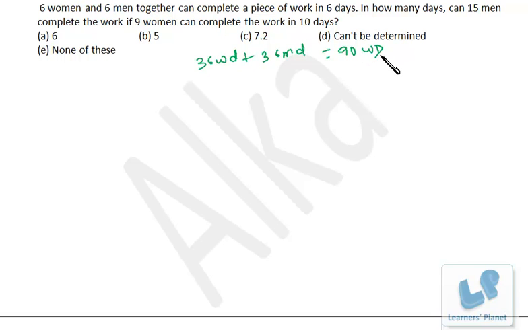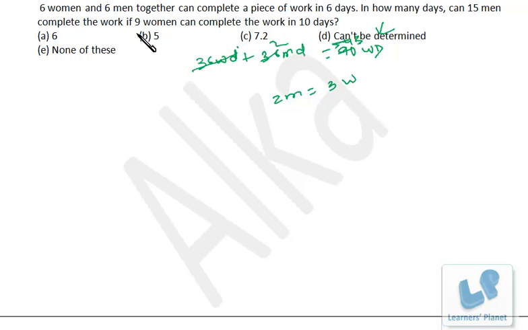That is the concept of woman days, right? So 36 women days, 90 women days, the entire work is of 90 women days, that should be kept in your mind. 36, 90, so it will be 54, 18 to 18, 3. That means 2 men are equal to 3 women. So 2 men is equal to 3 women.